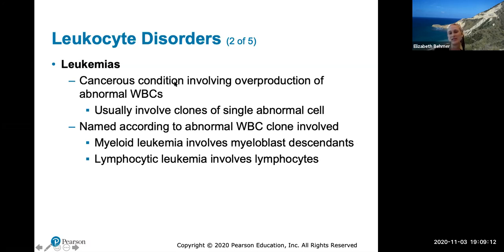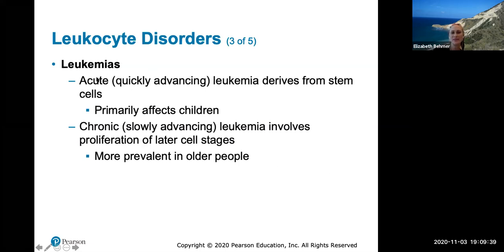Leukemia is a cancerous condition involving an overproduction of an abnormal white blood cell. Usually there's a clone of a single abnormal cell that continues to remake itself, so an abnormal cloning. It's named according to the abnormal white blood cell clone involved. So myeloid leukemia involves all the descendants from the myeloblast, and lymphocytic leukemia involves all the lymphocytes. Leukemias can be acute or chronic. Acute usually affects children, quickly advancing, and chronic, slower advancing leukemia involves proliferation at later stages,